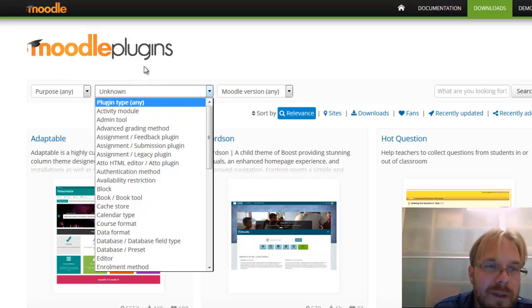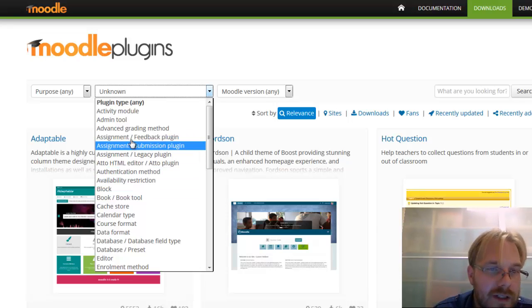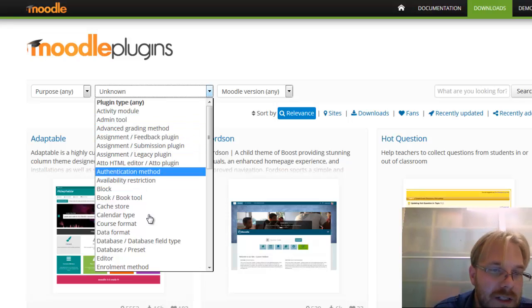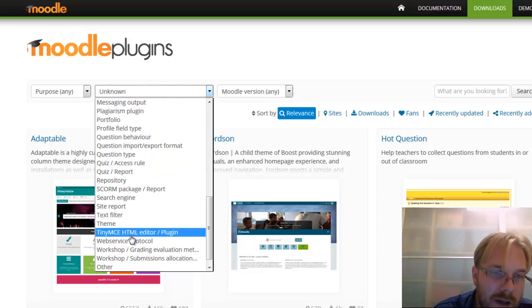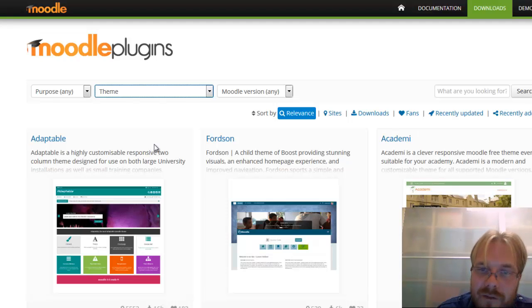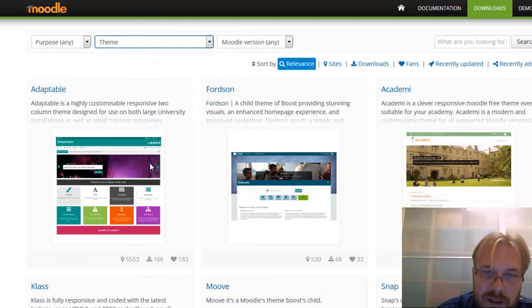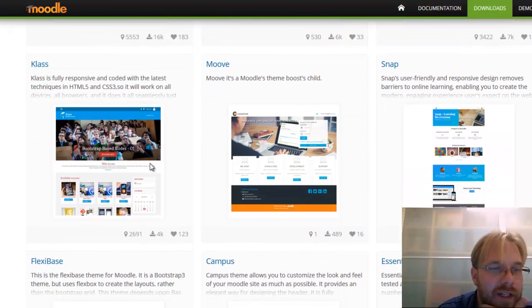Up the top of the Moodle plugin database, we can pick what type of plugin we're looking at. If you want to look at different activities, administration tools, editors, course formats. But for us, we want the theme, so let's have a look at a few themes. You may already have your own theme, but here are a few particularly useful ones. And you're welcome, through a bit of trial and error, just to try out different themes and see what works